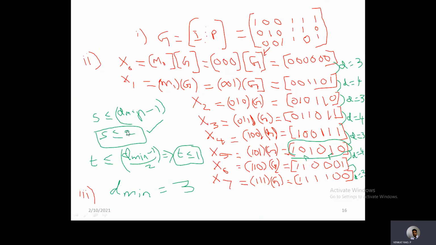Less than or equal to means this is the maximum value. Out of these 2 errors, it can detect only, and it can correct only 1 error. So that is the clear indication of the error capabilities of the code.